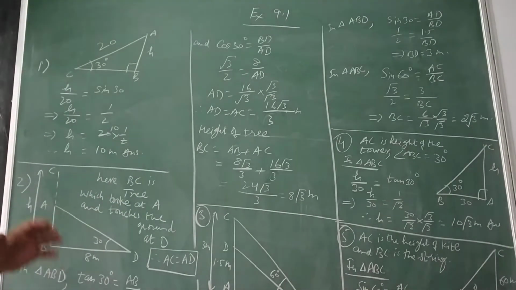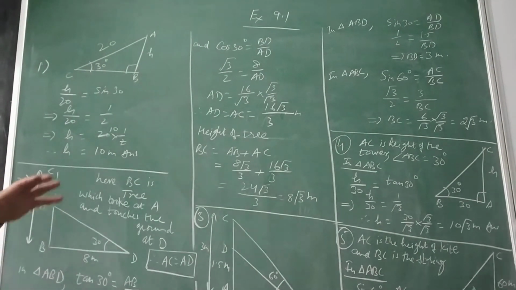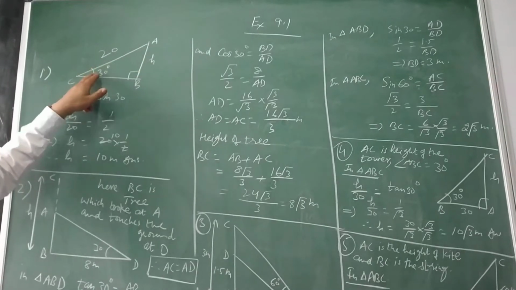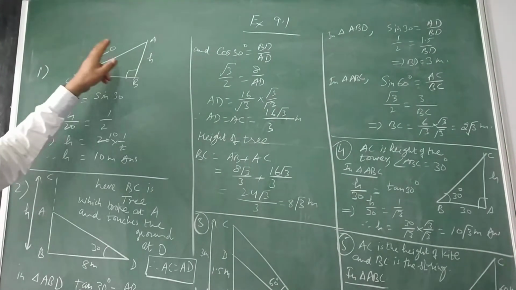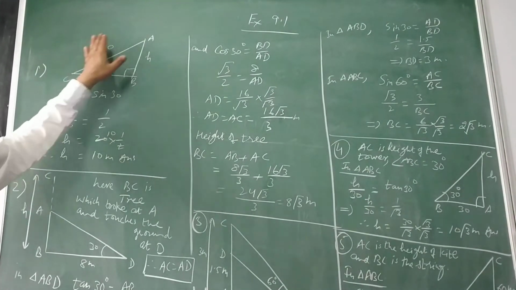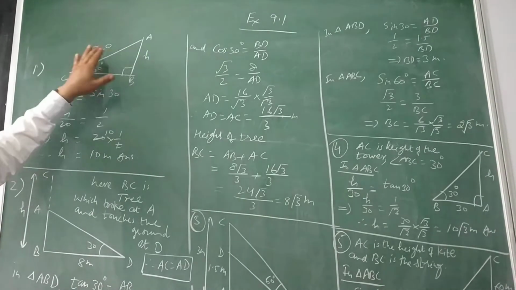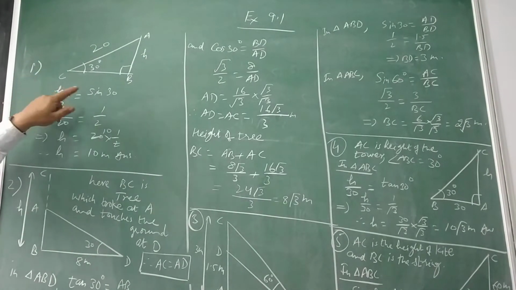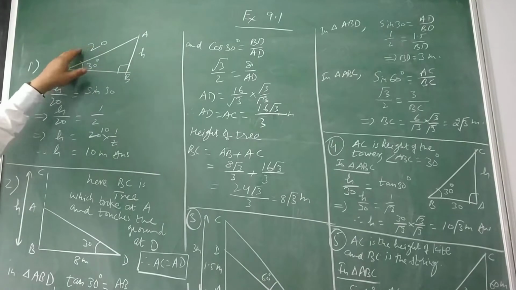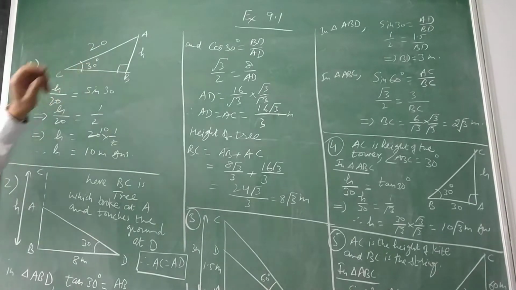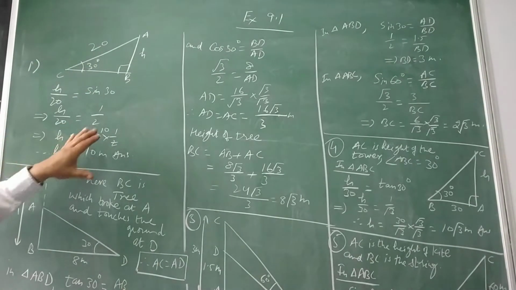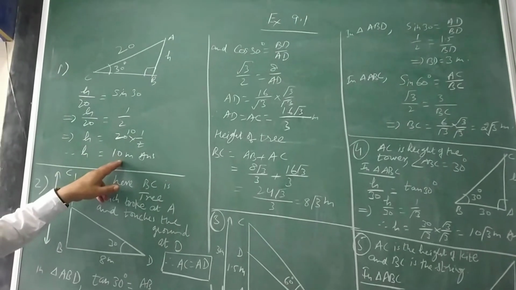One is to find and one is always given. So what is to find here? Height, because the angle is here, so this is the perpendicular and this is the hypotenuse. Now in a right triangle, the relationship between the perpendicular and hypotenuse is what? Sine. So h upon 20 is equal to sine theta, that is given. Now you do the calculation, so the answer will be equal to 10 meters.